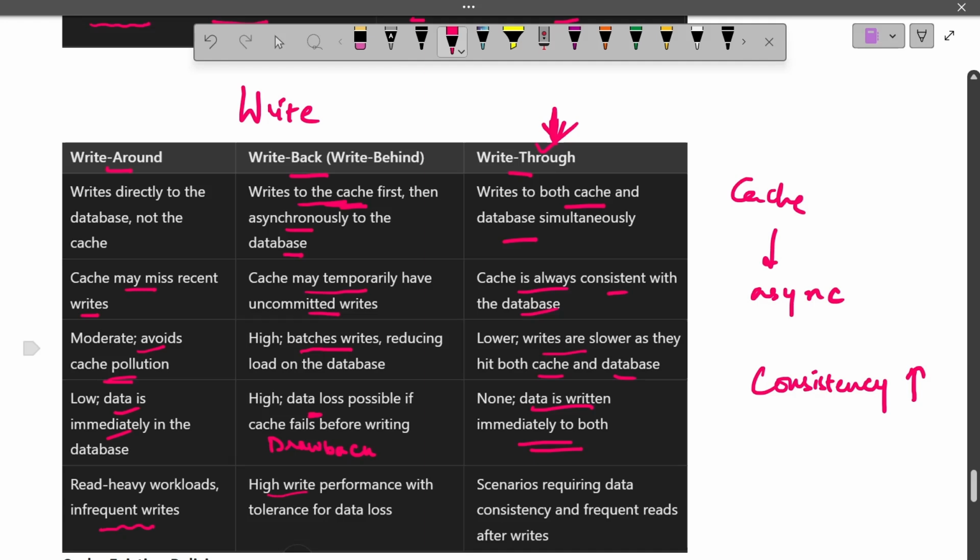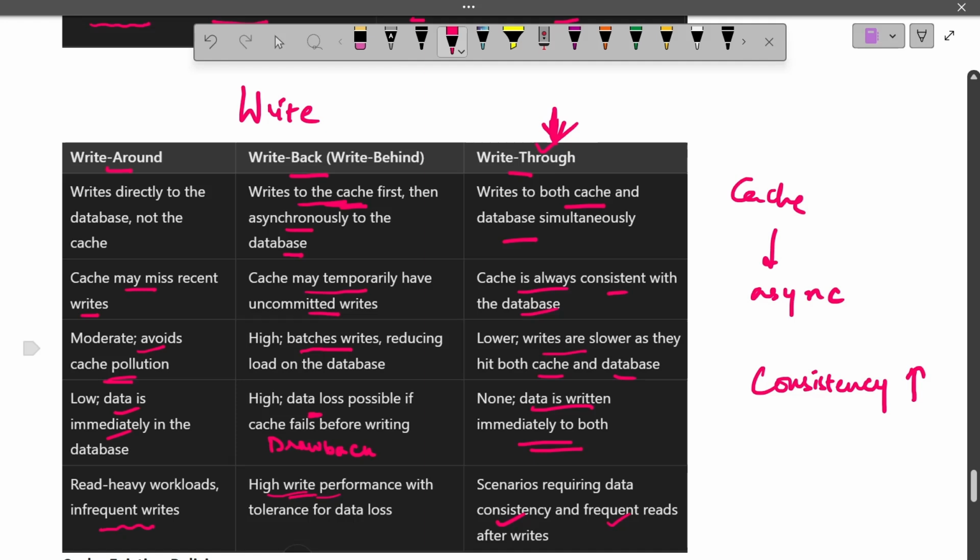But if you have high write performance needs, and high write also means you can batch the write operation, and you can also tolerate data loss, then you use write back. But when you need data consistency also, and frequent reads will also happen,